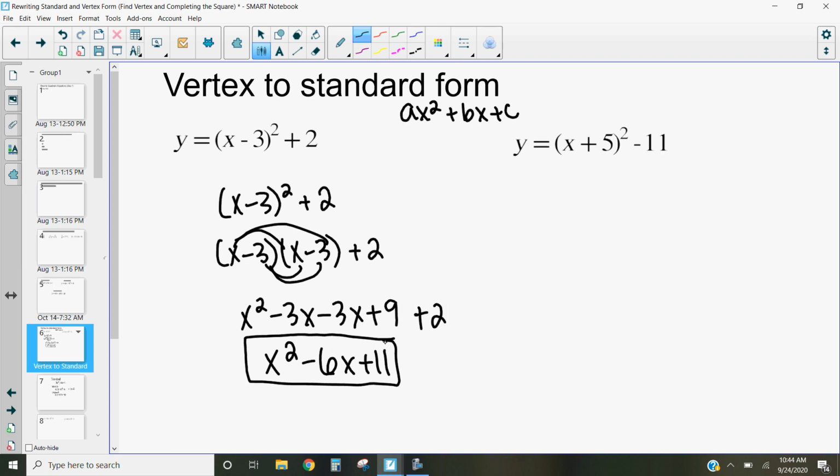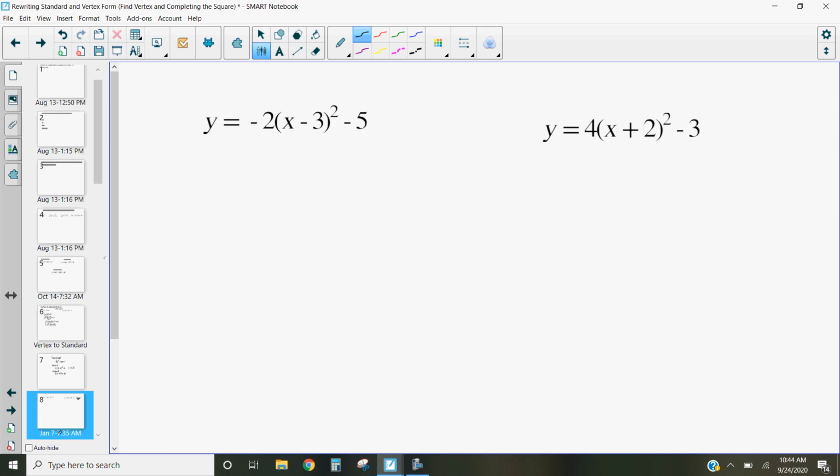So let's go through one other example. Again, it's going to be just like this. Let's go through one of these examples that have an a in the front. So we are going to expand this the exact same way, just multiply it out. So I've got negative 2, and instead of the (x minus 3) squared, I'm going to write it as (x minus 3) times (x minus 3),